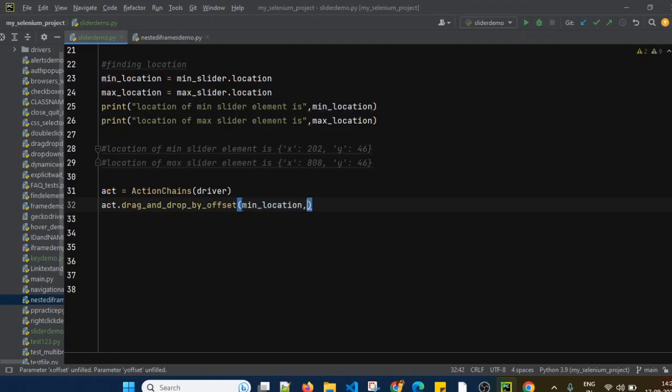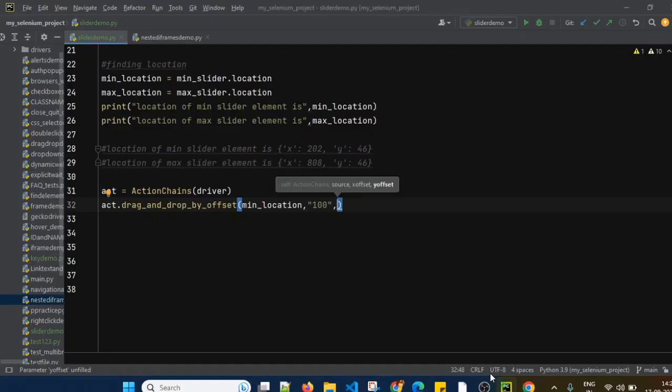After that, a comma, and then the x coordinate by which we want to move it. Let's say I want to move it by 100 pixels. The y-axis will not be moved because we can move this slider only in the horizontal direction, not vertically. So we don't have to provide any y-axis value here; you can either provide 0 or not provide it at all.